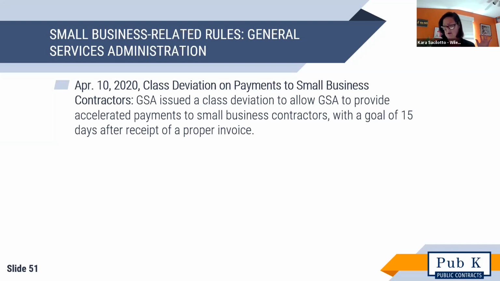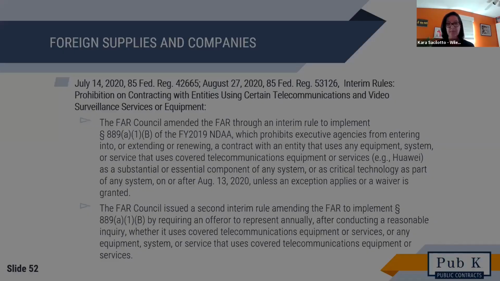As opposed to the final DoD rule, which triggers the goal to run from payment from the government. So thus for covered GSA contracts, GSA is moving out on accelerated small business payments ahead of the pending FAR rule that I mentioned. Let's go to the next slide, 52.